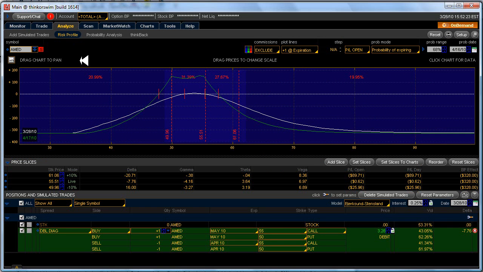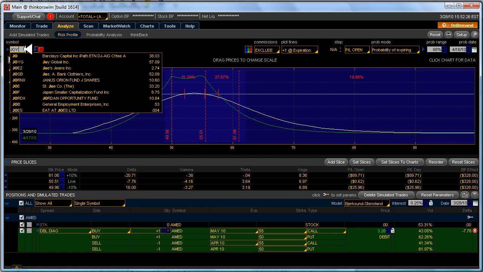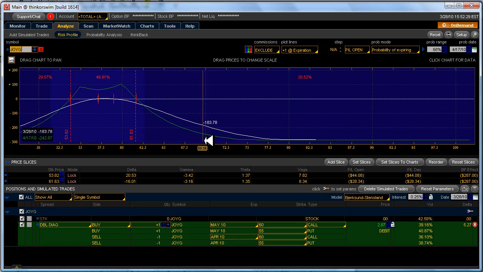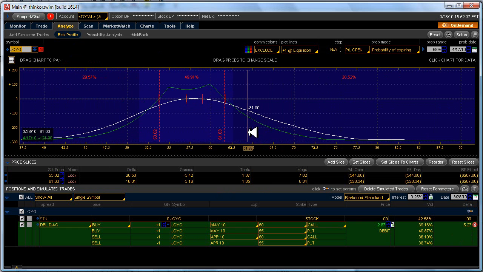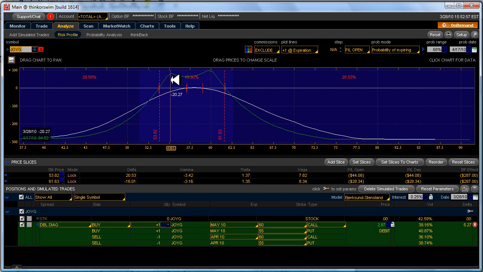Let's look then again at Joy Global, a favorite of mine. I've been in and out of options on this for many years. Oh, I kind of cheated here and I already have one set up. I must have been looking at this before, but here you can see that we have a 55/60 double calendar already set up here for analysis, and we can see that the tent has a little bit of a sag in it, but it's not too bad. We are looking at $80 to $106 in max profit based on